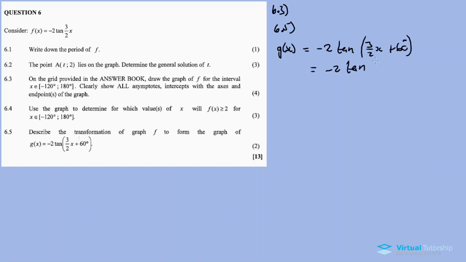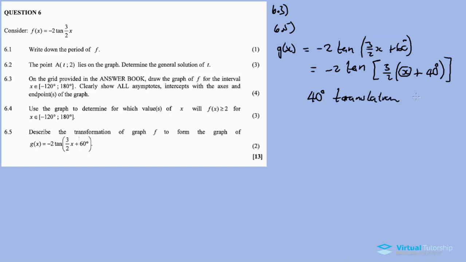So out of tan, take out 3 over 2 as a common factor. We have 3 over 2 divided by 3 over 2, it's 1, plus 60 degrees divided by 3 over 2. You see, calculating it, it's 40 degrees here. Right? So when I say so, it makes much more sense. Your b must always carry a coefficient of 1 in order to understand the translation clearly, especially for a horizontal shift. So again it is shifted by 40 degrees. There's a translation of 40 degrees